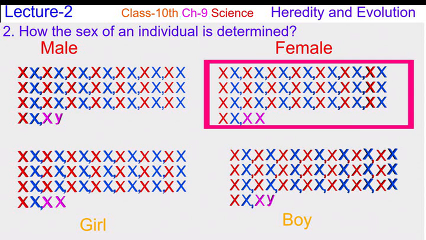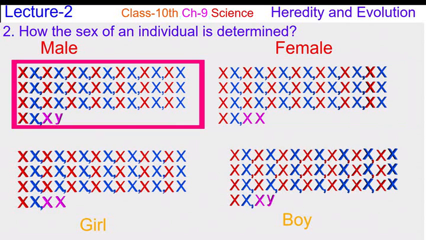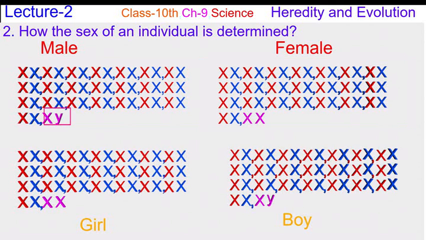A human female has 23 perfect pairs of chromosomes. A male has 22 perfect pairs of chromosomes, and one pair has one chromosome shorter. This shorter one is named the Y chromosome. This 23rd pair is the sex chromosome. It is XX in women and XY in men. The chances of getting X or Y are 50%. It means half the births are boys and half are girls. Mother has only XX chromosomes but father has XY chromosomes. Therefore, it is the father's genetic material that determines the newborn's sex.